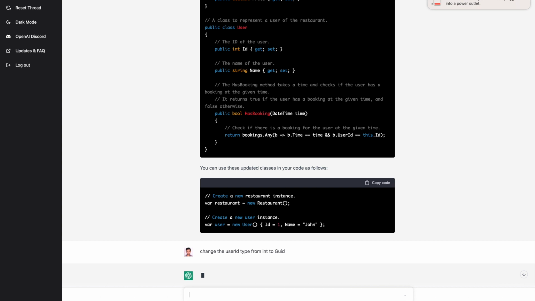While creating the user, it is assigning it to one. What a better approach would be is to create the ID in the constructor itself.